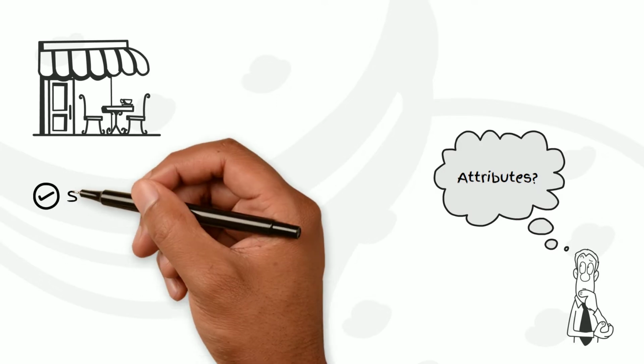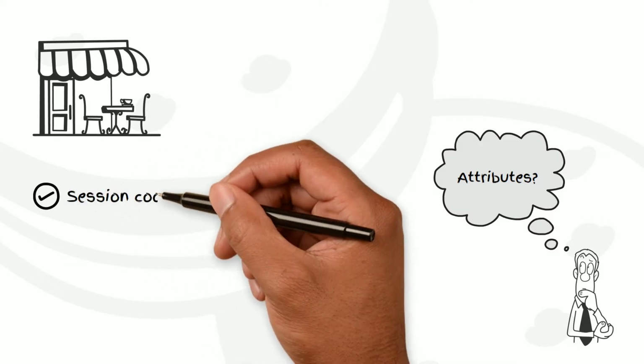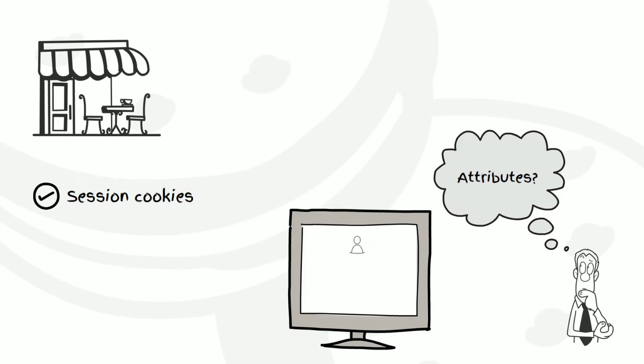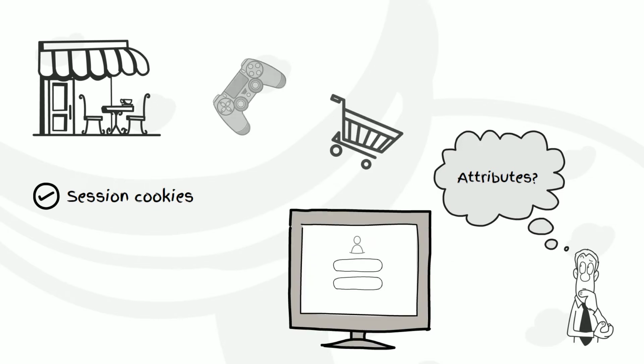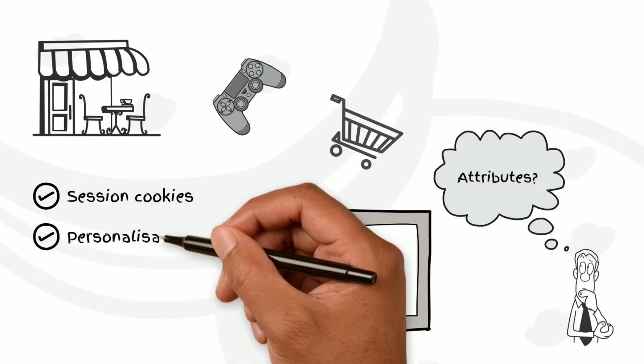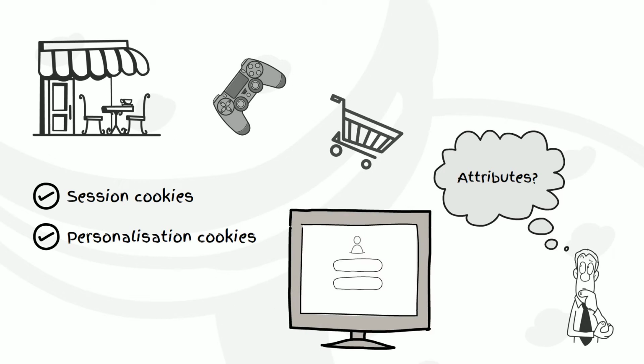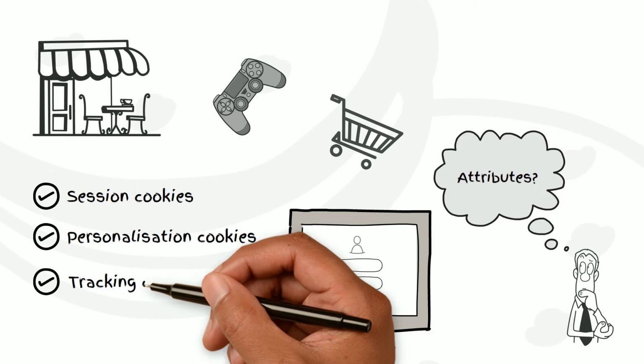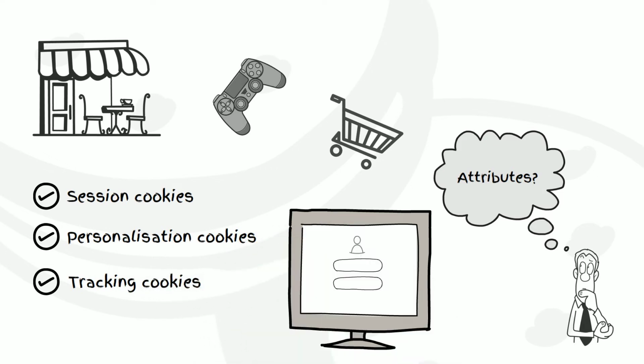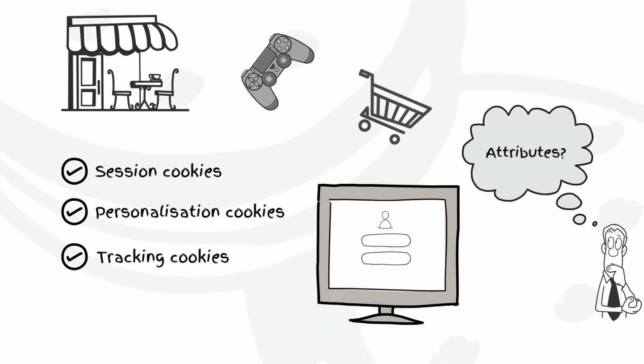We can use a cookie for session management. It means we can use it for login pages, shopping carts, game scores, or anything that the server should remember. We can also use it for personalization. If a user wants your website to look in a different theme, or just use black as a background color, we can use a cookie to store that information. And I think most websites out there use cookies for tracking purposes. They can record and analyze user behaviors across the internet.